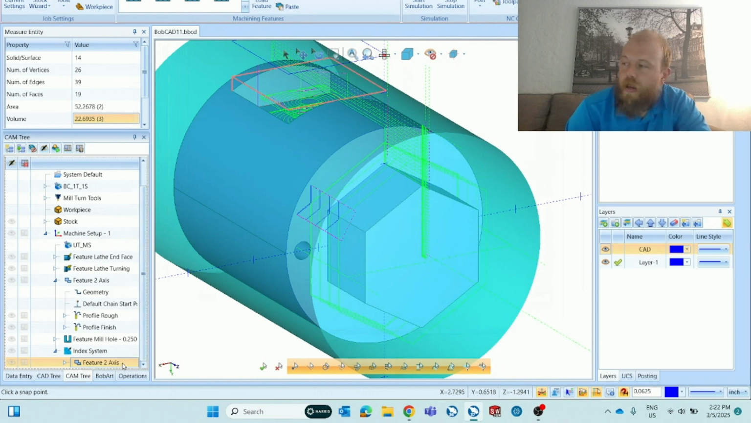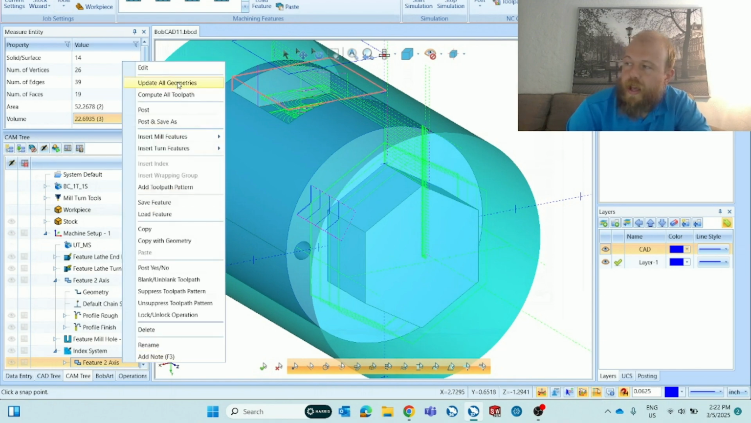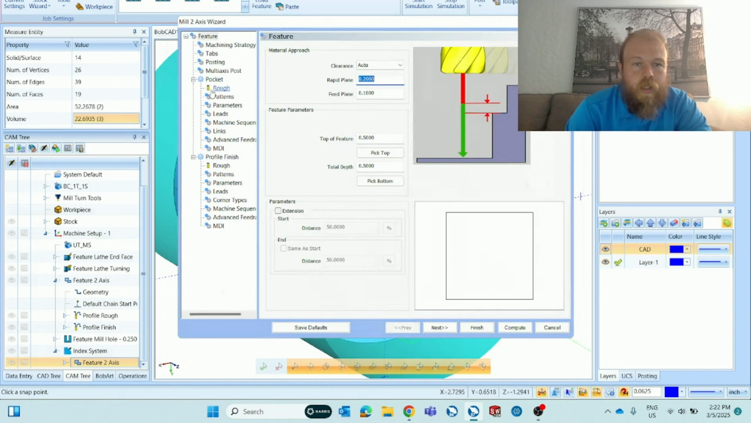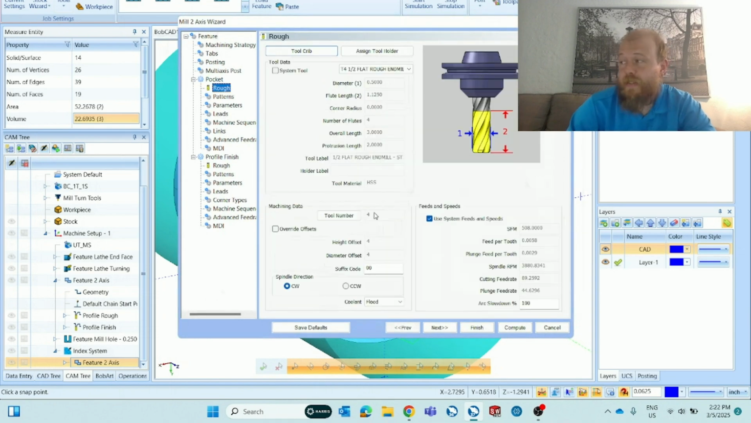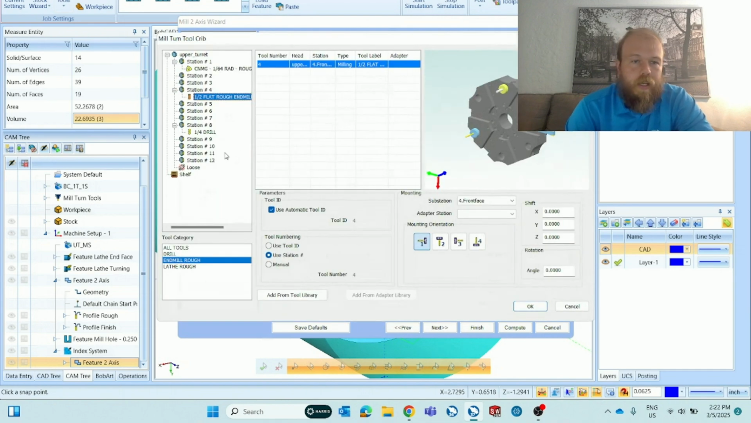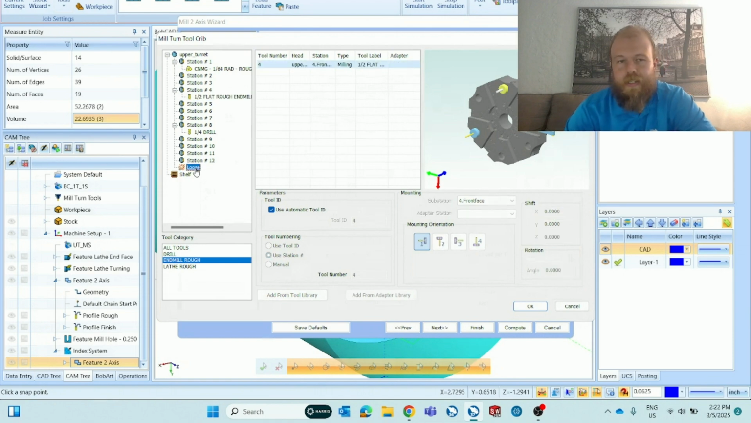So I'll right click on the bottom feature 2 axis, go to edit, go to my tool page, and it can't be tool number 4 because that's already orientated to point towards the front face of the stock. I'm going to go to my tool crib. I'm going to actually have to click on loose category, or I could click on any station number that I want to add it into. I'm going to start with loose. No, actually, it won't let me. So let's go to station number 10, add from tool library,